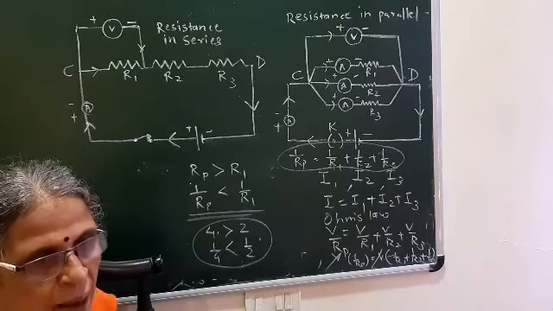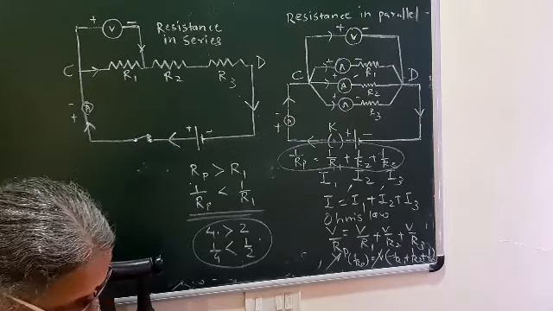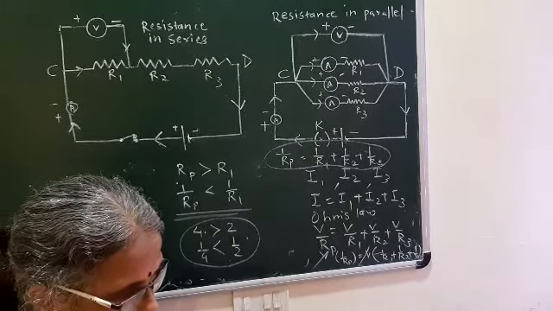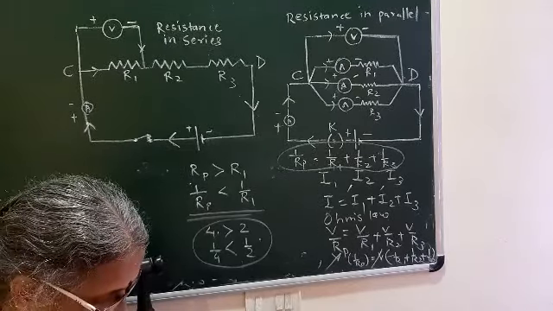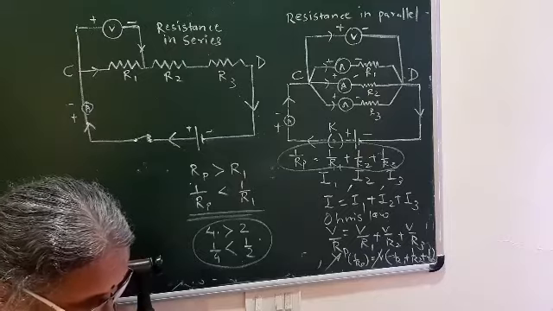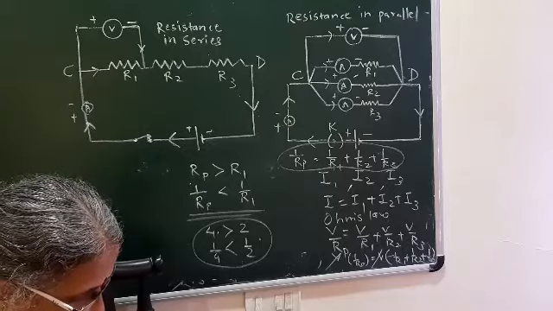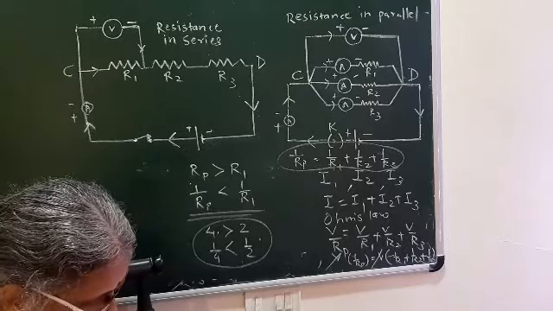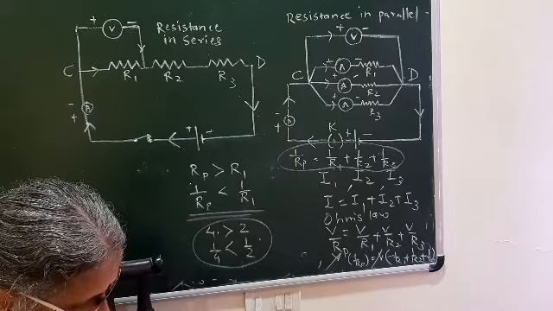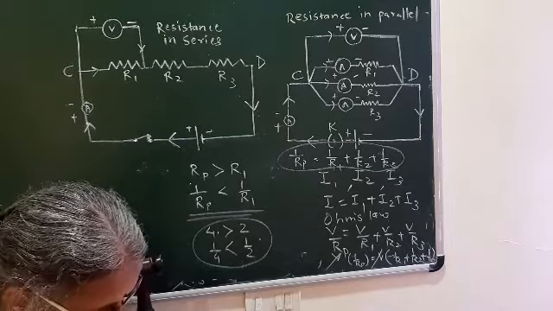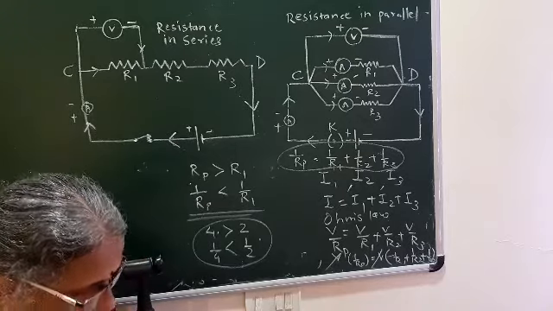So instead of other appliances, suppose we have 4 or 5 bulbs and we are connecting them. If we connect them in parallel, if the filament of one of the bulbs breaks, that means it will not glow, then the circuit will not break, but the current flows through the other paths and the rest of the bulbs will light up. Followed? So when several bulbs are connected in parallel, they emit the same amount of light as when they are connected individually in the circuit. But when they are connected in series, they emit less light than when connected individually.